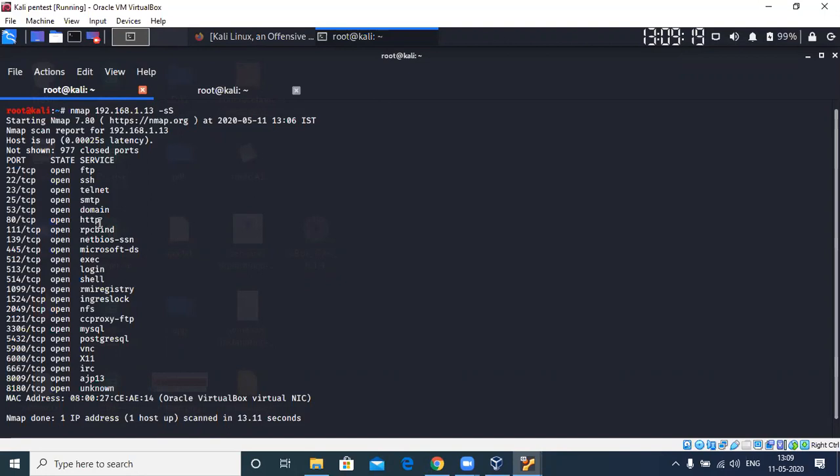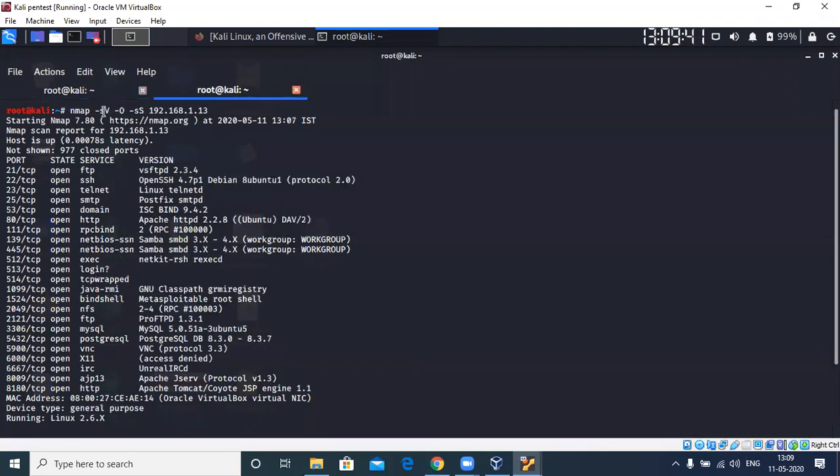Now say I'm not running HTTP, but for example MySQL. I want to run MySQL on port 80. So I'll change the port and run the MySQL service on 80. But if you don't enable the version detection, Nmap will still detect port 80 as HTTP. Whereas if you run this particular tag, that is sV, version detection, it will run a script to detect the version, and it will give a confirmation saying that 80 is running MySQL.